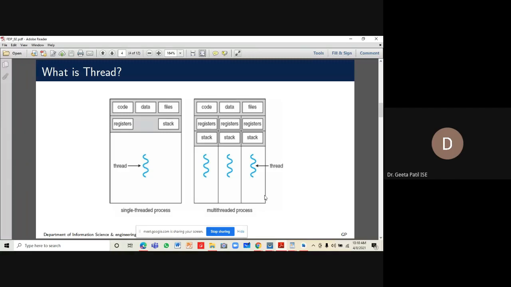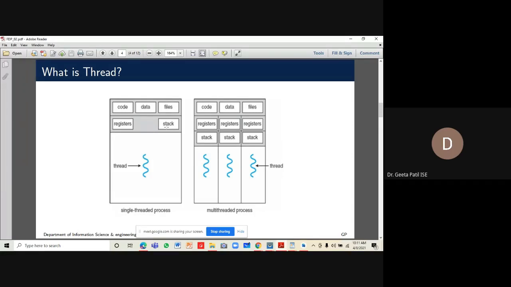It requires association of different files. Plus, when the instructions of the program are executed, it uses the resources available with the processor, like registers, stack, and so on.